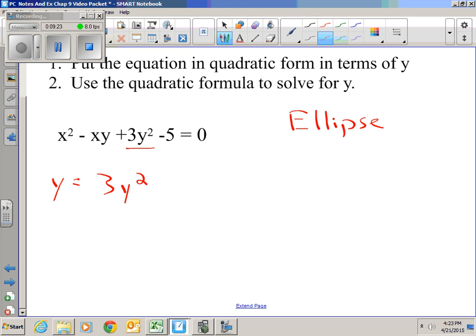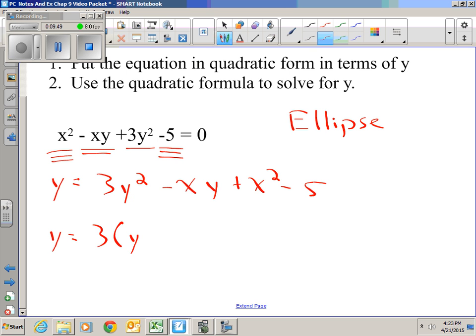I'm going to take my y terms, which in this case I only have one. That's minus xy. And I'm going to take my non-y terms, put them at the end, so I have plus x squared minus 5. If you think about this now, this is a quadratic equation in terms of y,